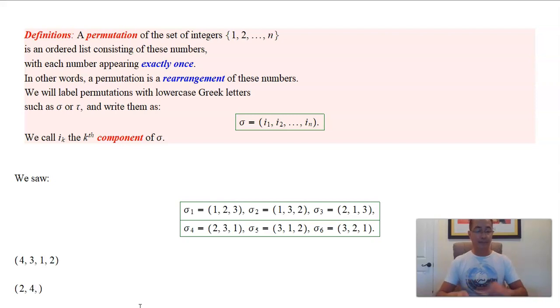What if I put the 4 next? Okay. So next, for the third component, I can use only 1 or 3. I'm down to 2 choices. So how about I put 3 over here? Okay. And now for the last component, of course, I have no choice. I will have to put 1 as our